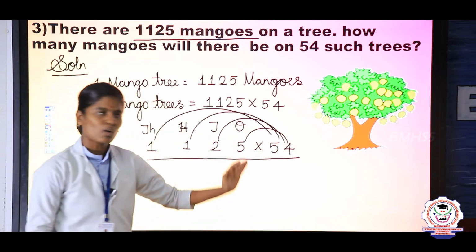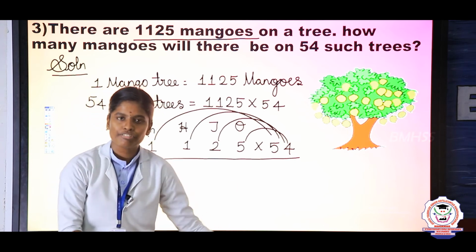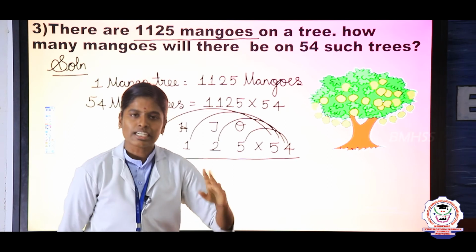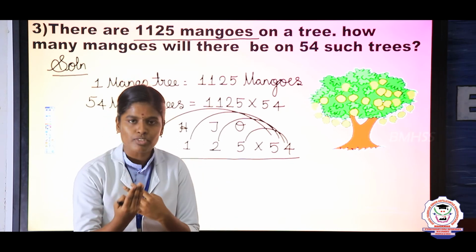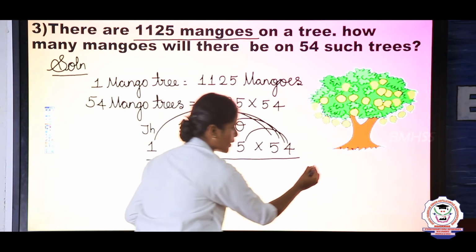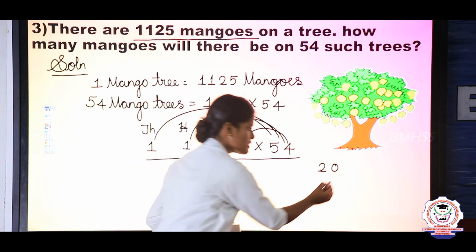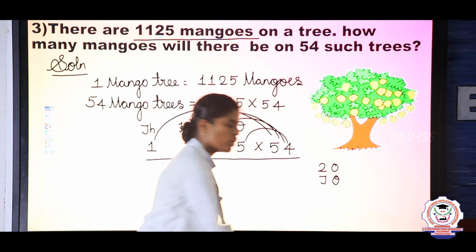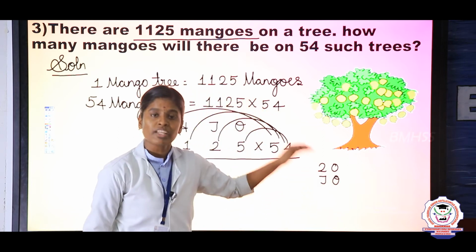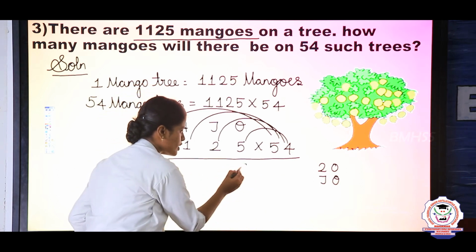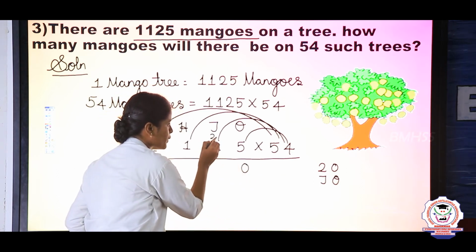Now tell me Bhavana, what is the answer? 5 4s are or 4 5s are? Very good, yeah. The answer is 20, right? That is 5 times 4 or 4 times 5. So write the answer 20. Here we got a 2-digit number, right? This is ones place value and this is tens place value. So the ones place value, you are going to write under the ones column. So write 0 and carry 2.